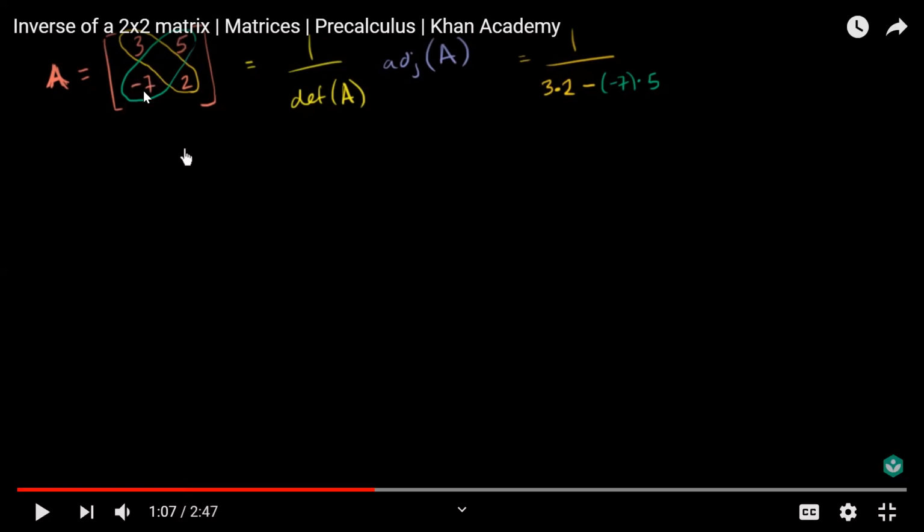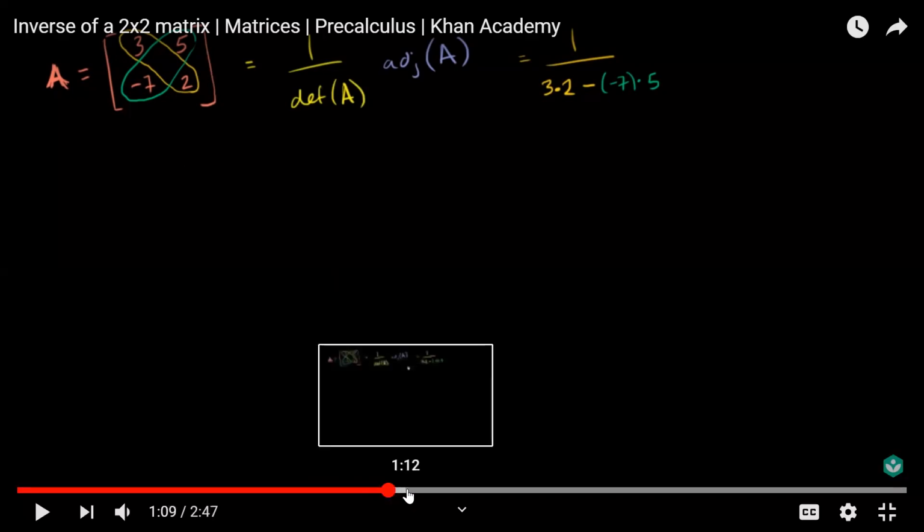This diagonal product has to be subtracted from this left diagonal 3 into 2. So this is 3 into 2, there is a negative sign, and we have to subtract from it the product of minus 7 into 5. This whole formula and computation will provide us with a scalar value for the determinant of A. So now we are going to get the determinant of A, and